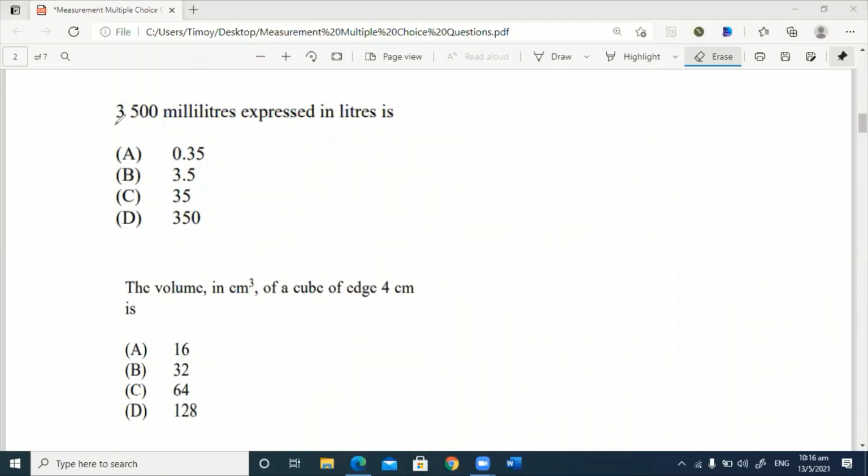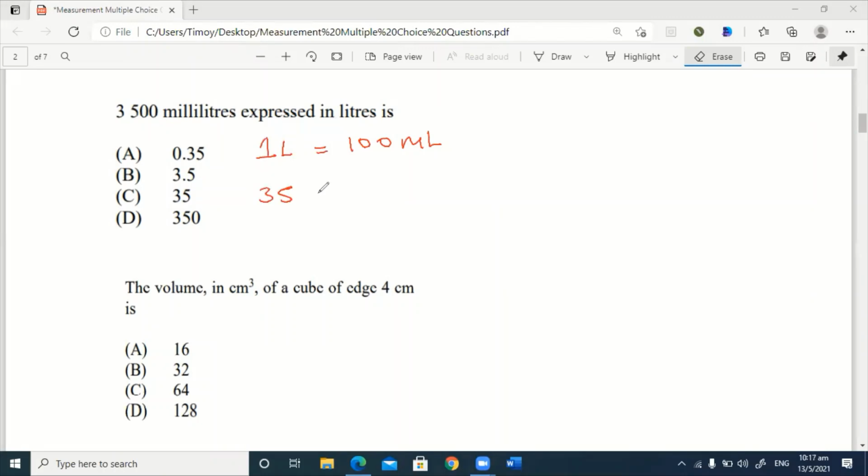For our next question, it says 350 milliliter expressed in liter is. What do we know about milliliter and liter? What we know is that 1 liter, right, is equal to 1,000 milliliter. Now they give us 3,500 milliliter. So they're saying